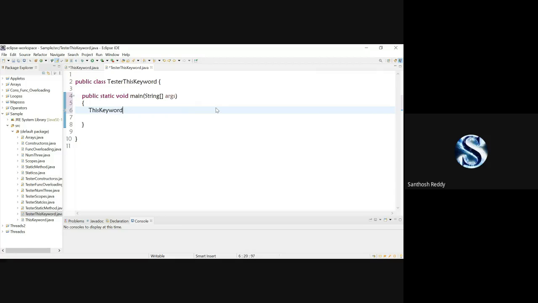TK is a reference variable equal to new this keyword, and I'll pass 10 comma Ramu as the values. Now through this tk, I'm going to call the display method.